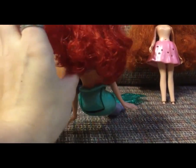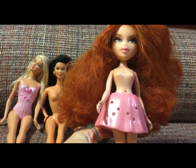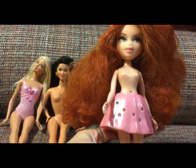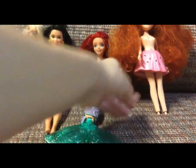And it is sort of dry, like there's some dry patches, but there are parts that are better than others on her head. And then we have Bratz girl here, who, whoo, lady, you need something. Yeah, but, okay, she should look better after the boil wash. It should return her curls and make them reform and help get rid of the dry ends, for sure. But what I'm going to do is go ahead and heat up the